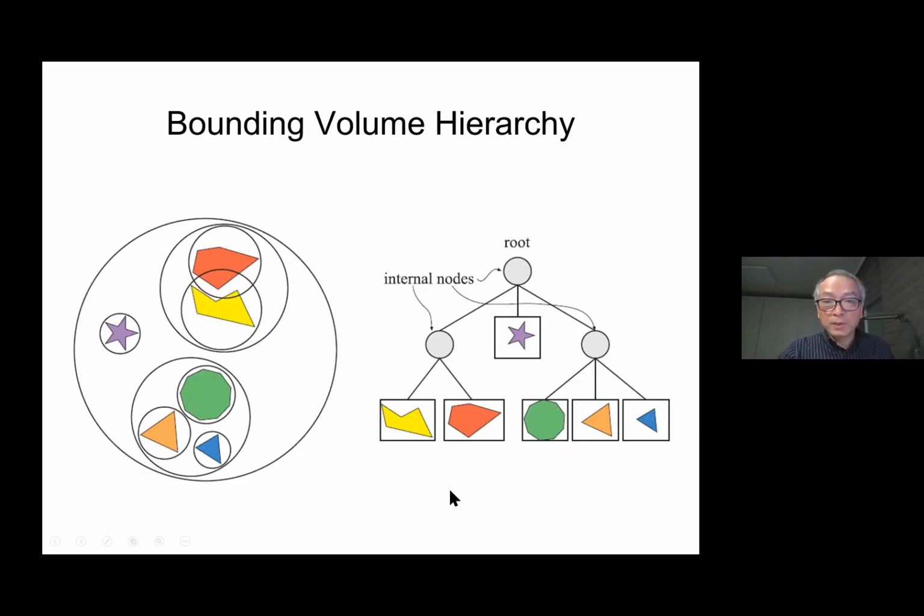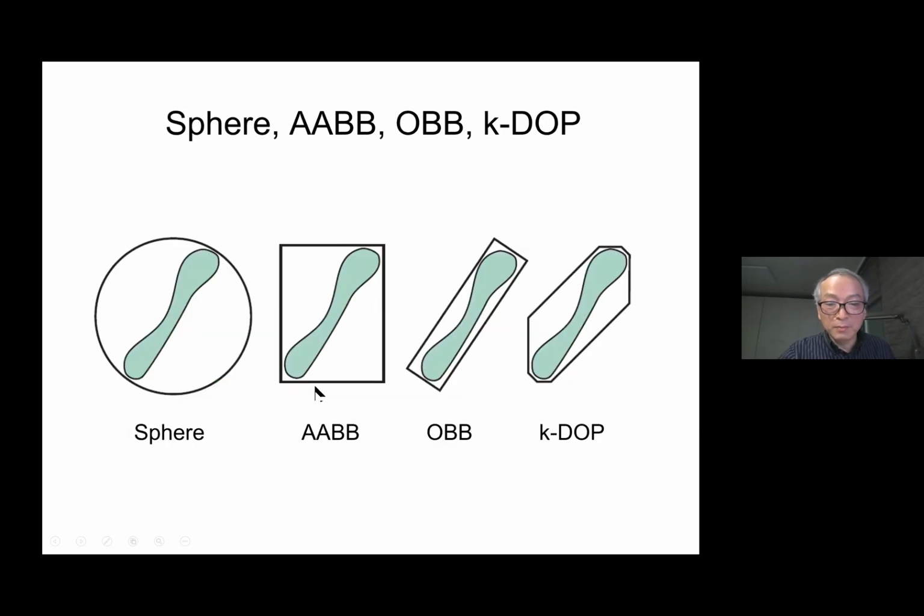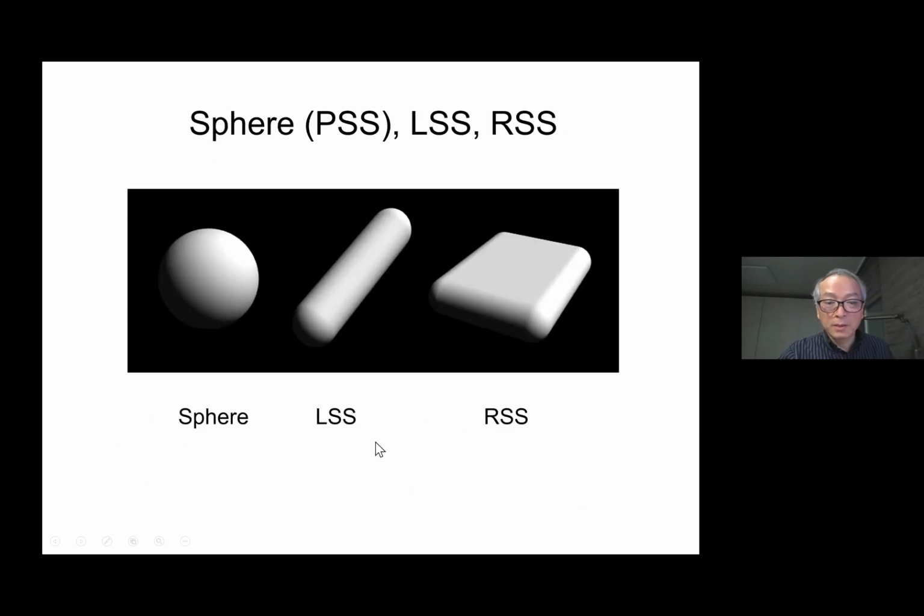Okay, so this is a bounding volume hierarchy in the textbook of real-time rendering. So here, the bounding volumes are a hierarchy of spheres. And in that textbook, the author shows sphere, AABB, OBB, and KDOP in the planar view. And then OBB was replaced by something else here. So sphere, and then the line-based, sweeping a sphere along a line or sweeping a